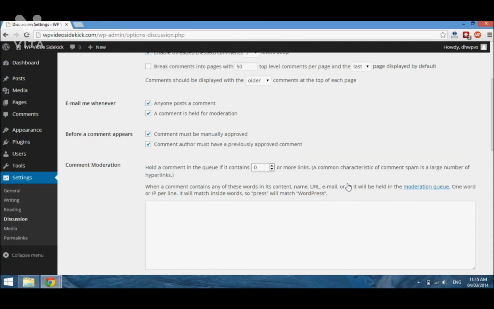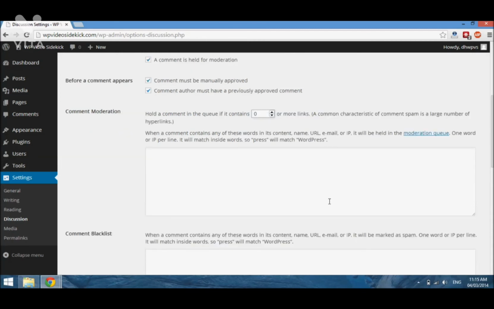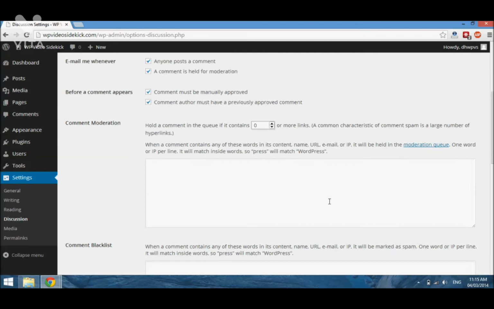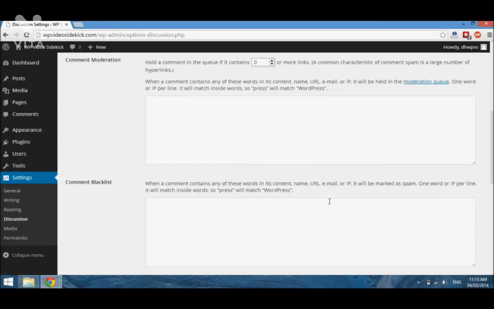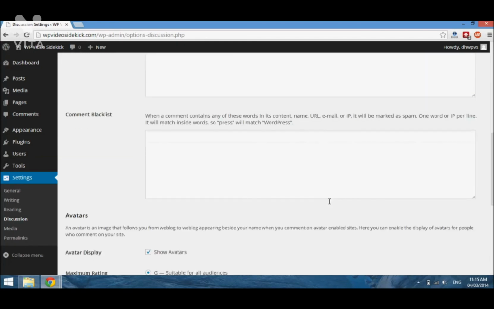I just don't want people to be linking to anywhere from my site. It can be bad for SEO, and you leave yourself open to a lot of spam. And the comment blacklist, if you find that you have a particular set of